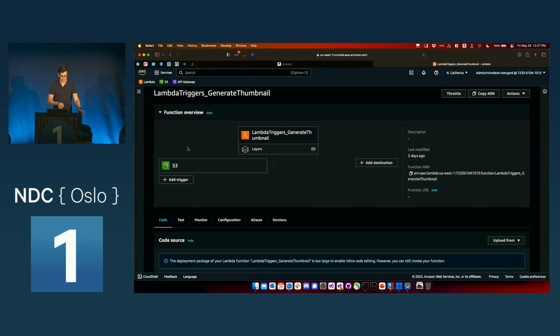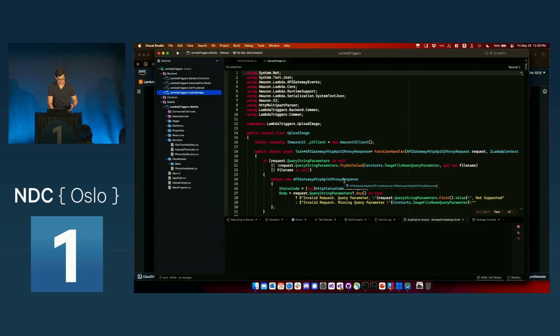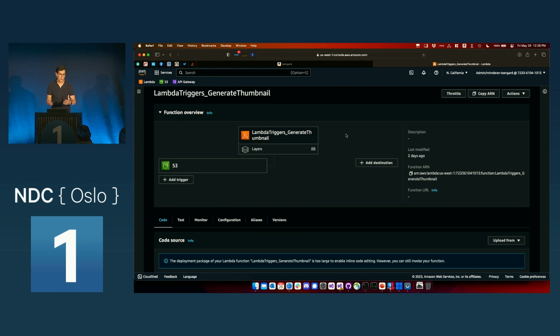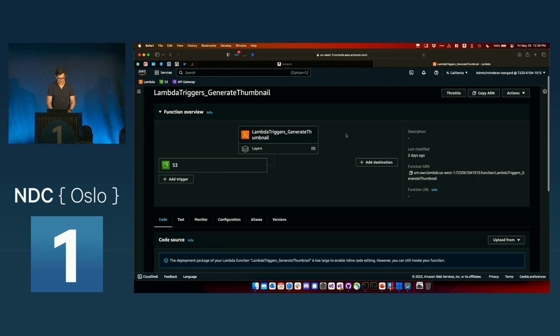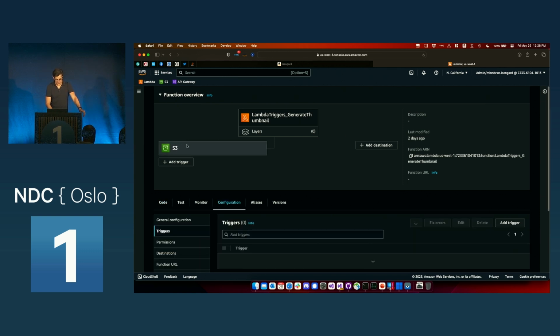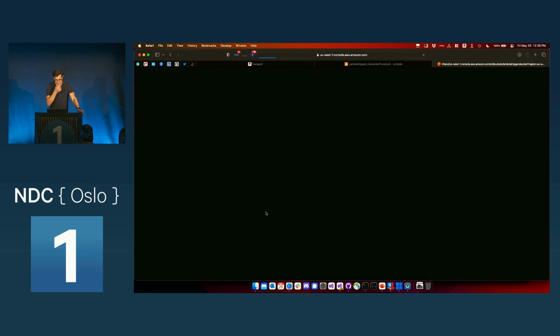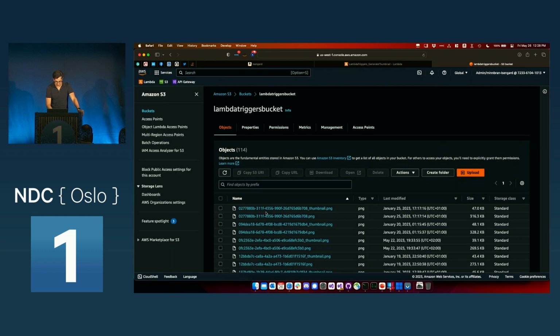We can add whatever trigger we want, but what it does is kind of figure it out for us. So like this generate thumbnail, it's going to look for an S3 event in our code, so we don't really have to worry about telling it where to enter into our app. It'll figure that out for us. And so when we add the trigger, literally, all I've done is I have this S3 bucket that already existed. So I wired it up, connected it to the S3 bucket,